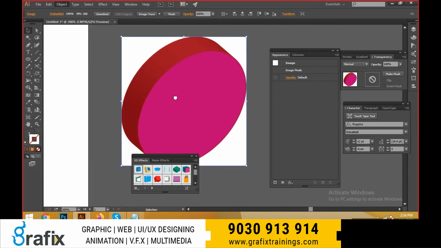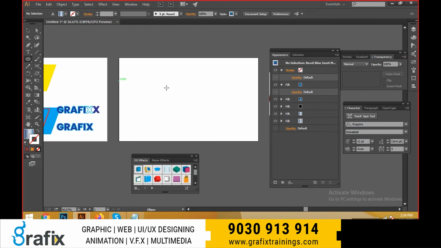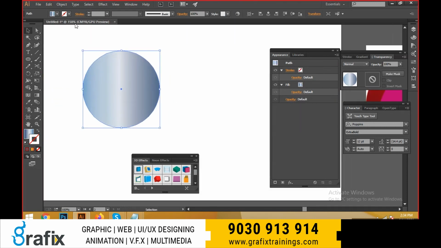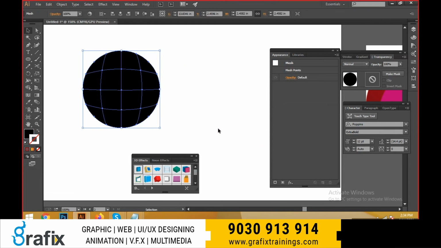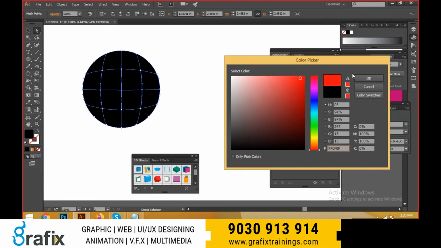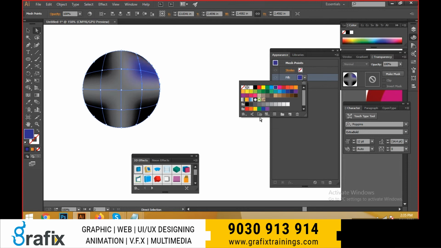And object, create gradient mesh. Suppose if you take any object, make it as a gradient mesh. I can go for 4x4 columns, and I can give flat, top, center, and edges, and these are the directions. I'm just keeping it as flat and click OK. Now I can select all these things, and I can fill the color. Select this one, make it some colors.